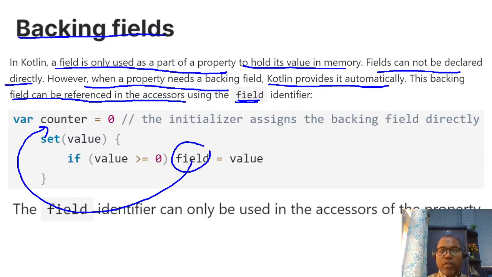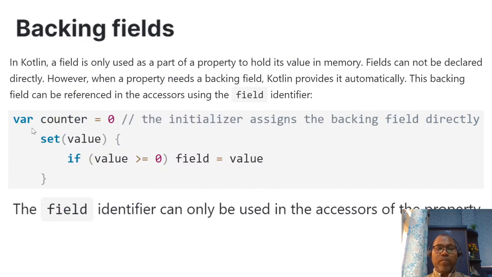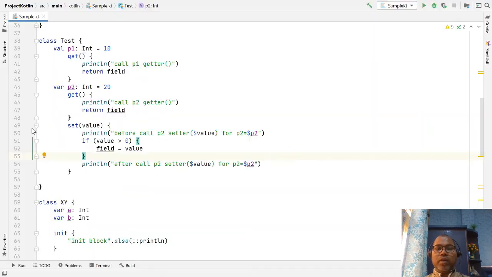Kotlin does not let you define a field directly. Always prefer to define the property. The field is the placeholder where you are storing your value, and it can be accessed from the field identifier. Let's say here I am not going to use the field.